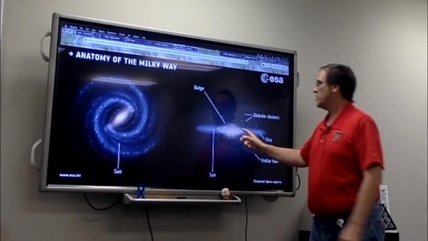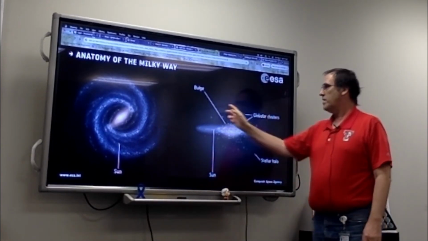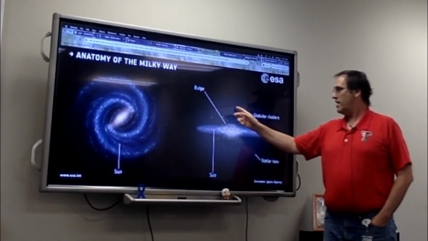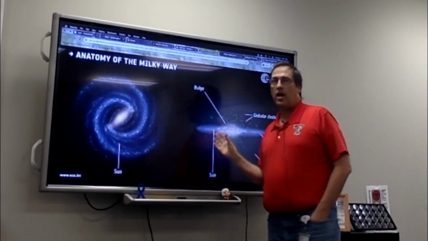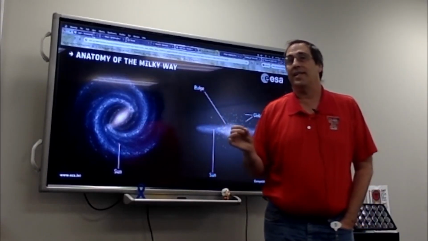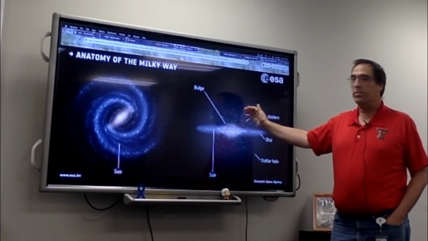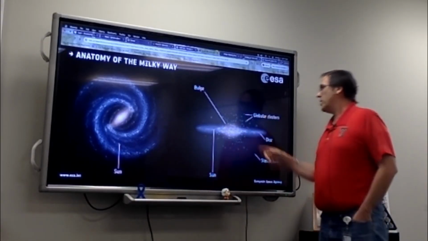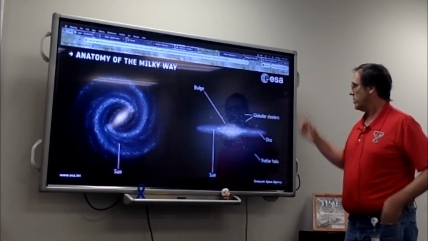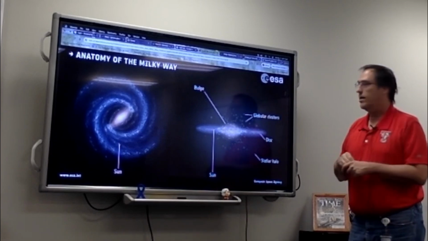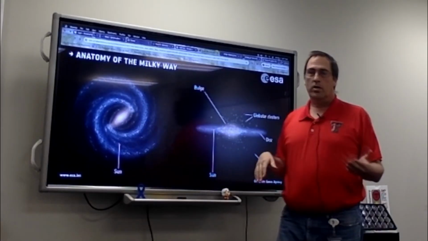So we have that central bulge, and then we have the arms, and then we have a halo. This halo is made of older stars. They are very spread out, and there is not any O or B. There's not really any active starburst going on in this halo because everything is spread out so far. You do have a couple of globular clusters. In fact, one of those is probably Canis Major, which is really sort of a dwarf galaxy.